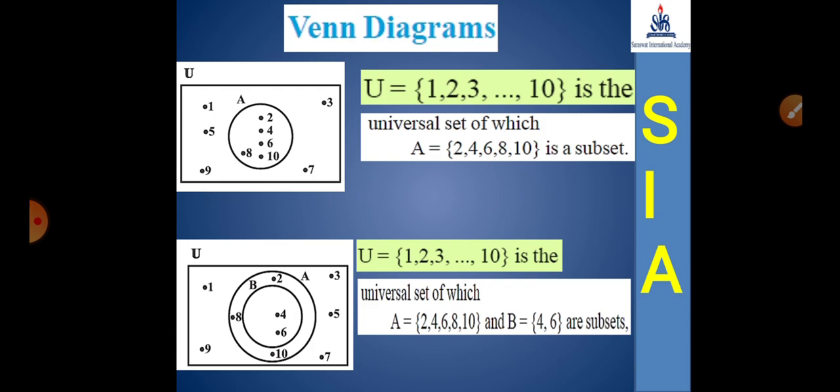Subset means every element of the given set B is present in A. That's why B is also present in U. So I am telling you that B is a subset of A, also B is a subset of U, and A is a subset of U. Clear? That's why I wrote here B subset A. One more time, I repeat: subset means every element of B is present in set A. Okay, this is the general and simple definition explaining the Venn diagram. Don't worry, students, I will explain in depth in the next slide.